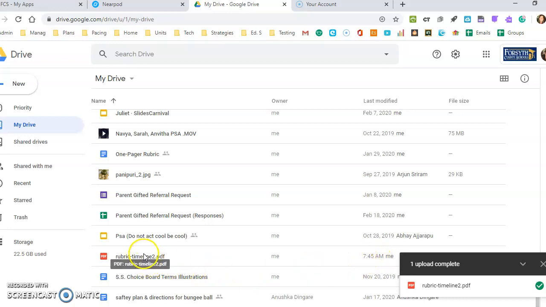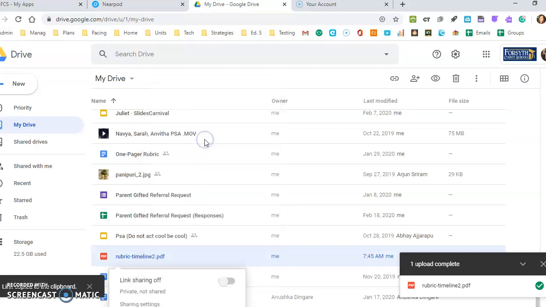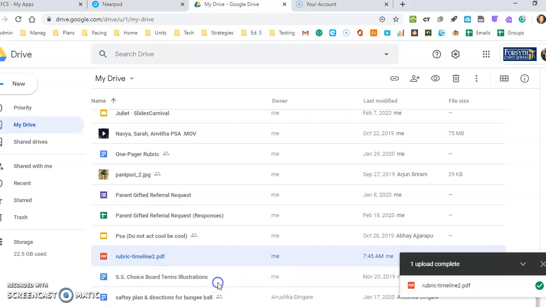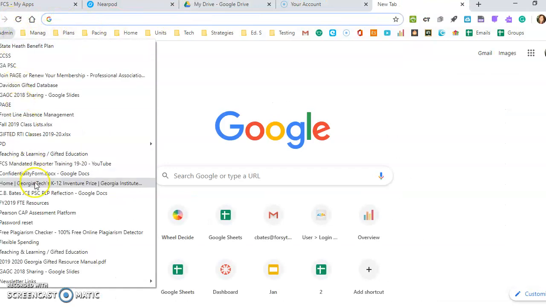All right, so then you don't even have to open it up. You can if you want to, but you right click on it and then I think it's get shareable link. Let me check. Okay, and it'll tell you that you don't have it sharing by link, so you can click on, and then right now it's saying anyone for Forsyth School District, and that's fine because they're going to be viewing it. So then you would go into your PL,